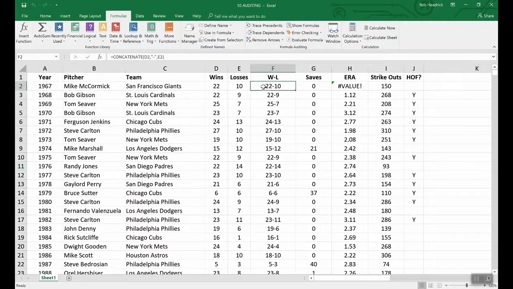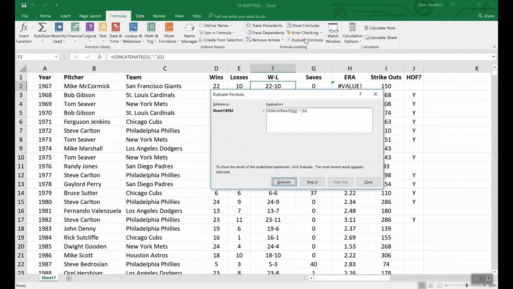So here we have the formula that we want to evaluate. We click the evaluate formula button, and we get this dialog box. And you can see it's starting with D2. It's got an underline there. So we click evaluate, and look, it's changed it to the actual value of D2,